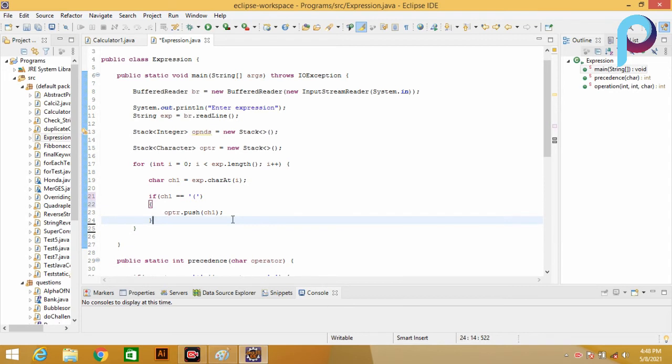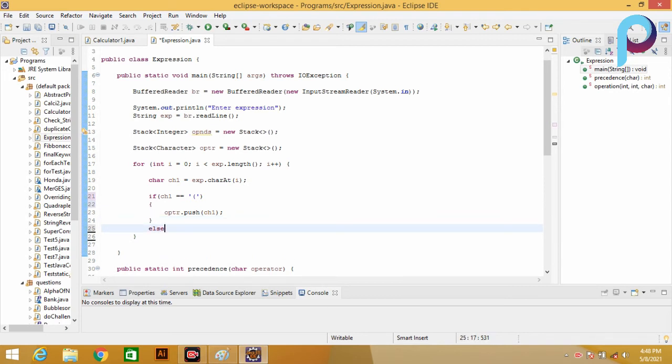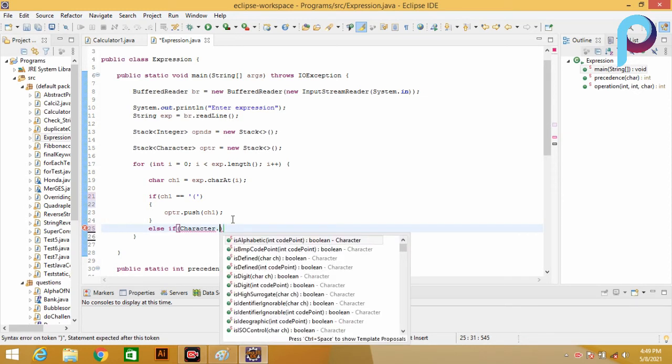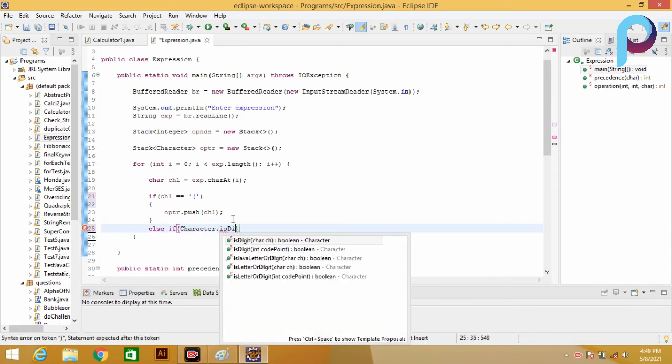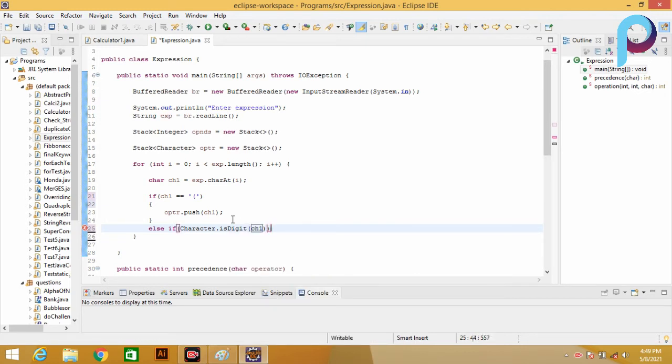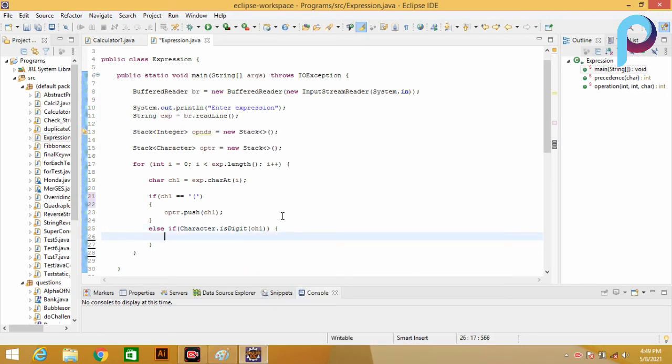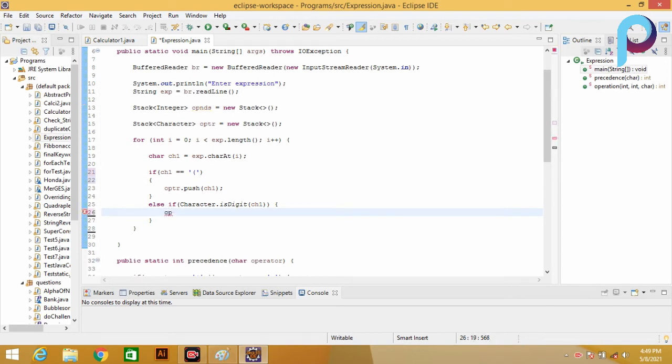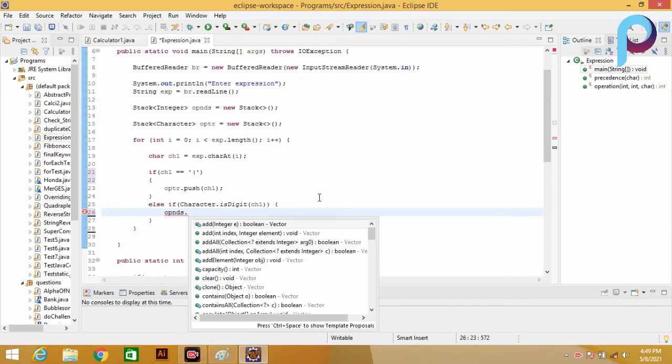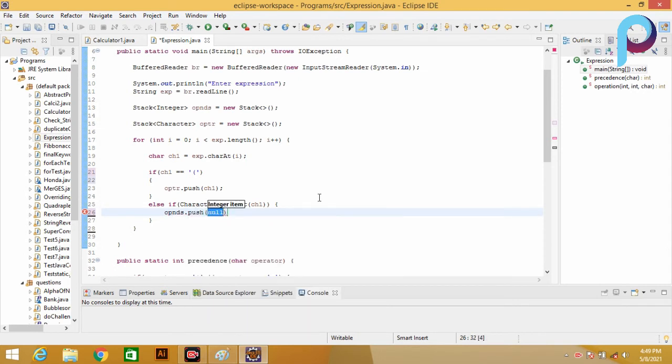Okay, then else if we have to check, using the wrapper class Character dot isDigit, if ch1 is a digit, then we store it in the operand stack, operand dot push, ch1 minus 0.